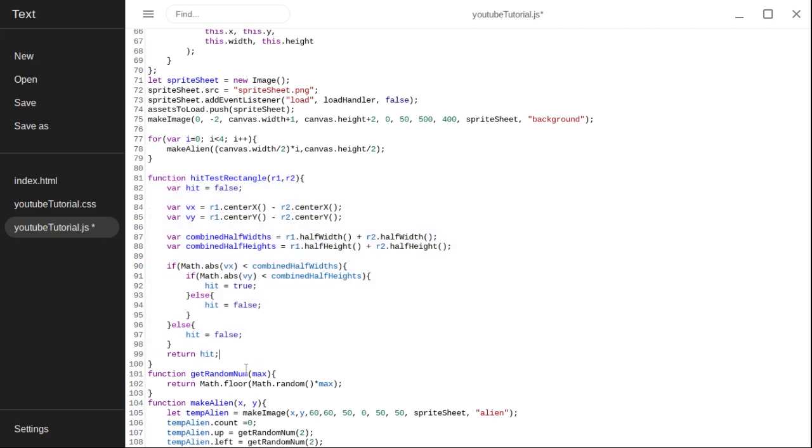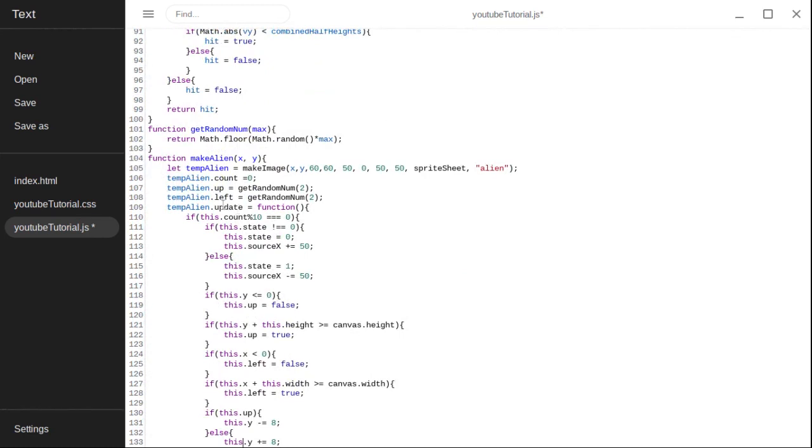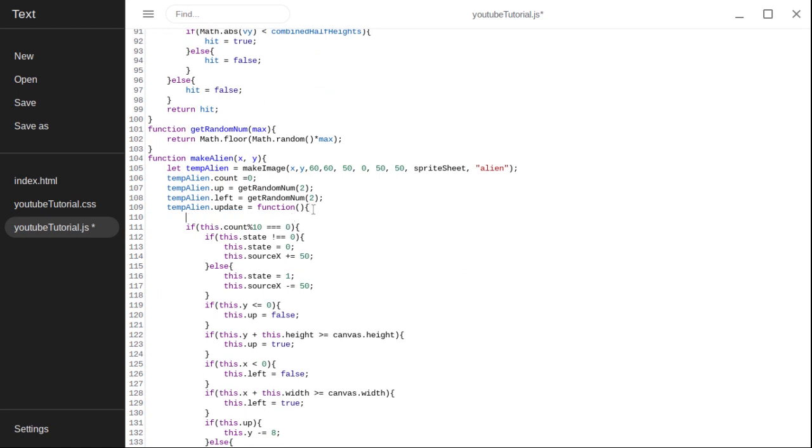Okay, so hopefully you will understand hit test rectangle a little bit better, and you'll understand what's going on here and know what hit means when it says true and what hit means when it says false. So now in update we can use that function. We can come right underneath the update function at the very top,